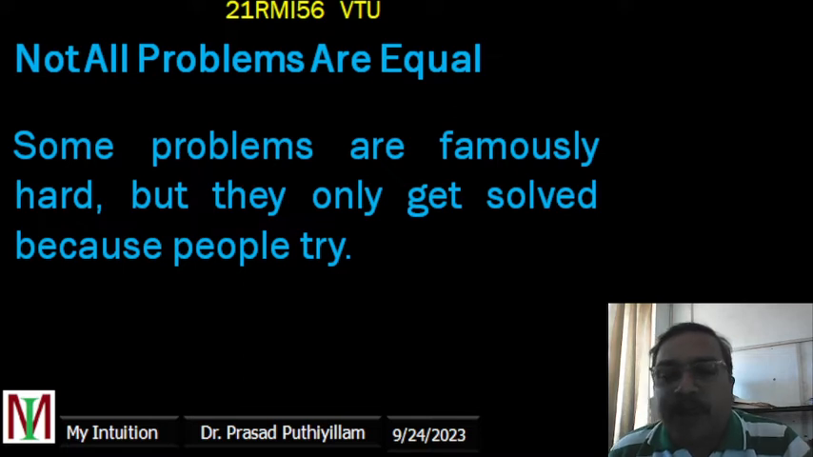They are very famously hard, but they only get solved because people are trying. People have to try. So the need for achieving controlled nuclear fusion has always been a challenge, because we are still not using nuclear fusion on a larger scale. If we have better control of nuclear fusion, all our energy problems will be